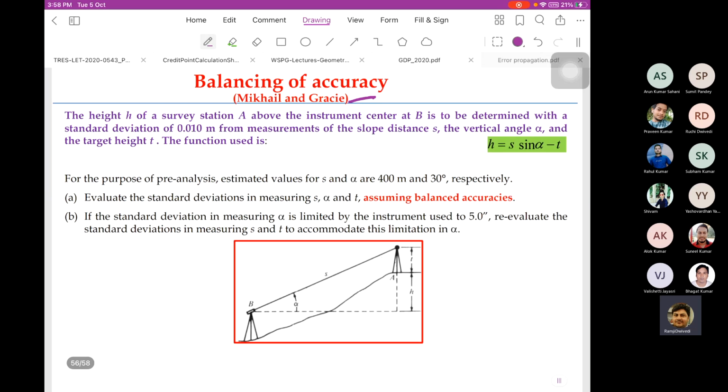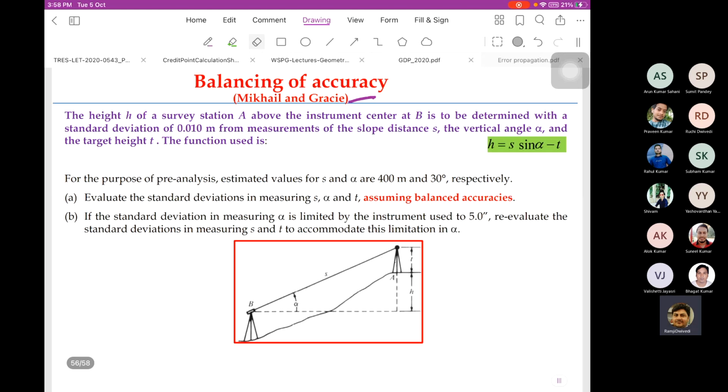You just read it. The problem says the height h of a survey station A, or maybe any tower, light tower, chimney or pole, whatever it is, above the instrument center at B is to be determined with